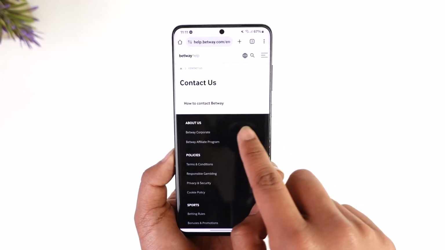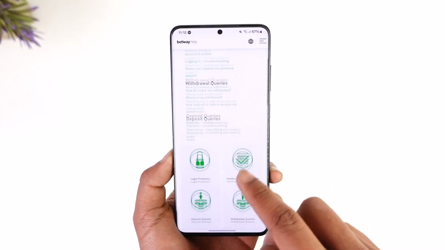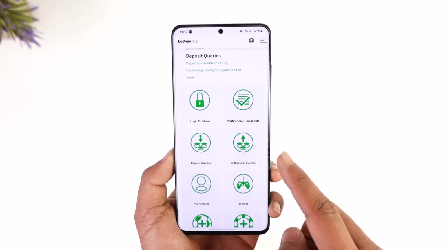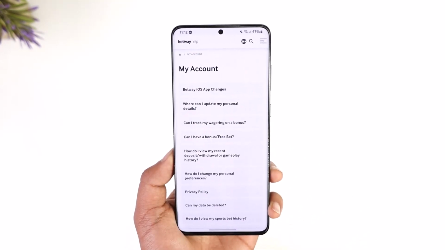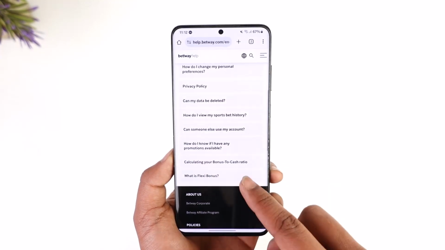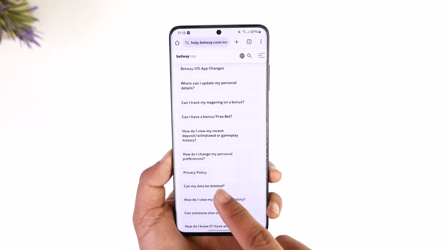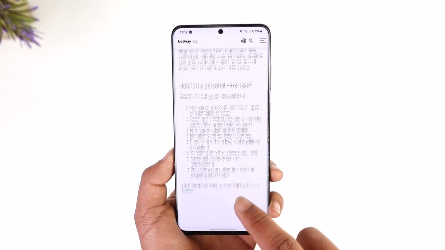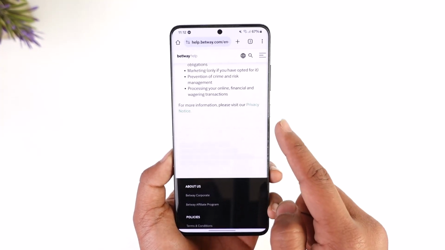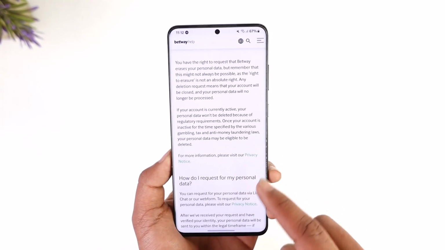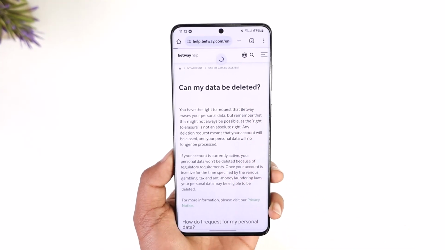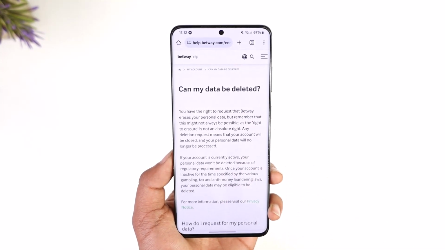So let me just come back again and then let me choose a certain account over here. Let's say verification document deposit. I can go to my account here, and then from here I can just scroll on and choose a query. So I can see, can my data be deleted? Go there, and under it you'll find again all these options such as for more notice, privacy center, and so on. So we're just going to wait until this web page has been loaded up first,